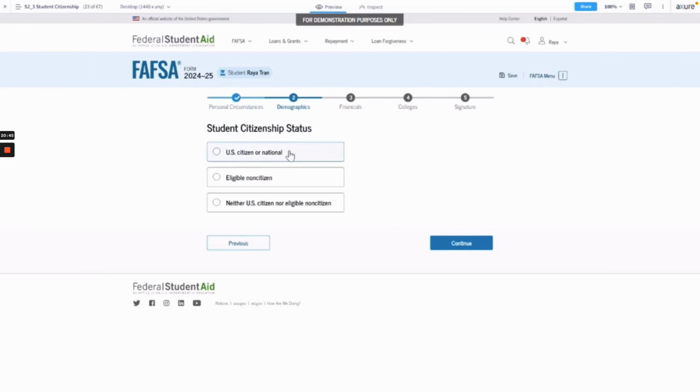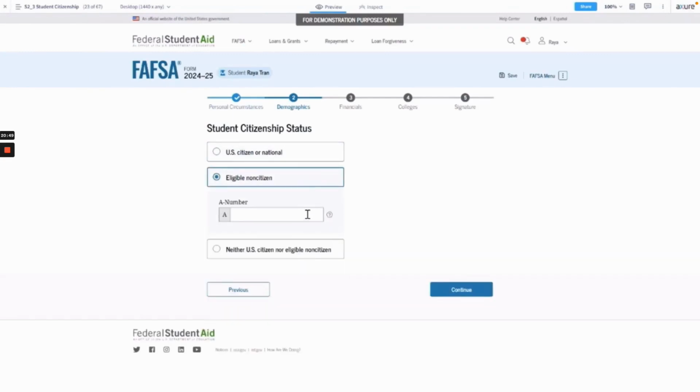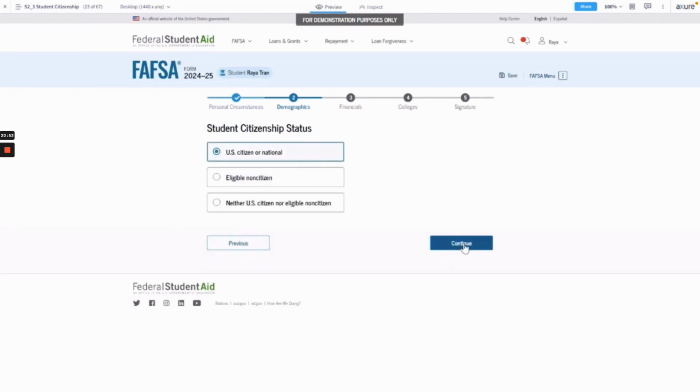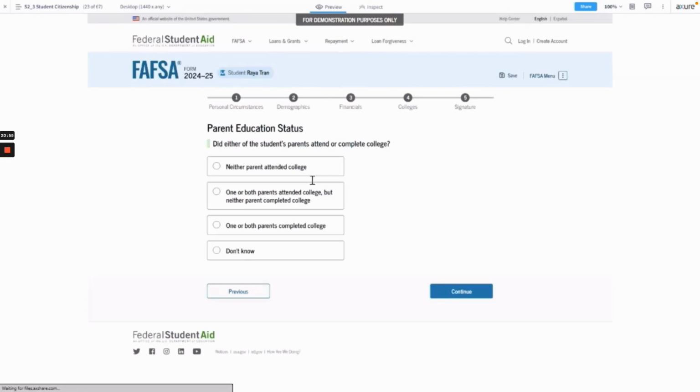and report my citizenship status. If I indicate that I'm an eligible non-citizen, then I will enter my A number here. I'll continue. And here we're asking about the parent's education status. So did either of the student's parents attend or complete college? I'm going to answer this question and continue to the next screen,